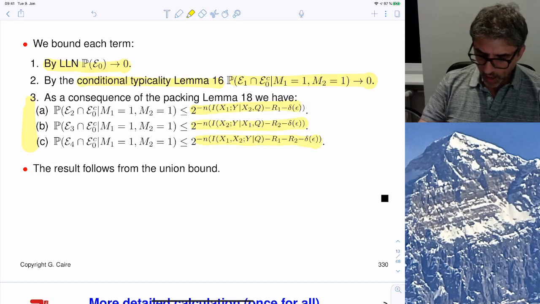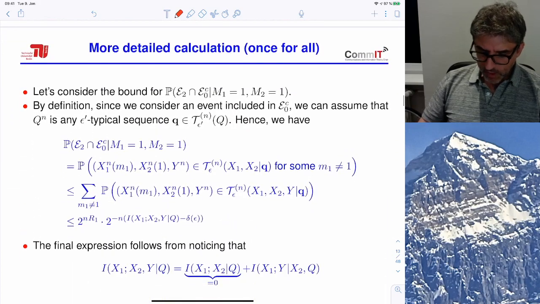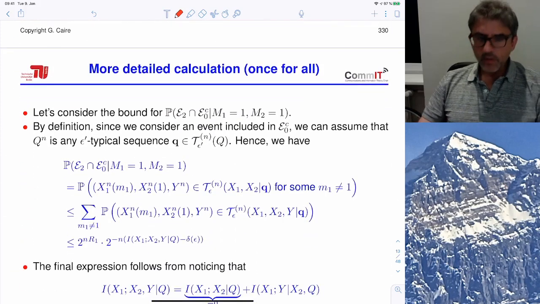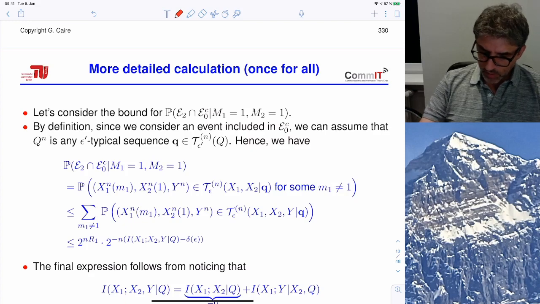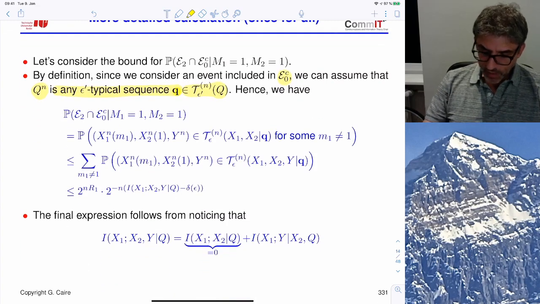Now I'm going to pick one case and see how this inequality is derived. So for example, let's consider the bound for E2 intersection E0C. So it is this one. So by definition, we have that because we are intersecting with E0C, then the sequence Q is any epsilon prime typical fixed sequence, and therefore we have the following thing: the probability of this event is the event that there exists a